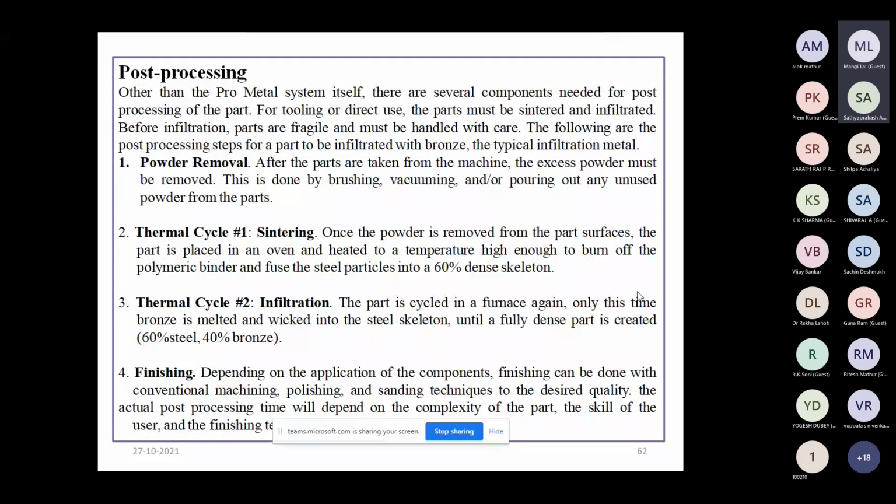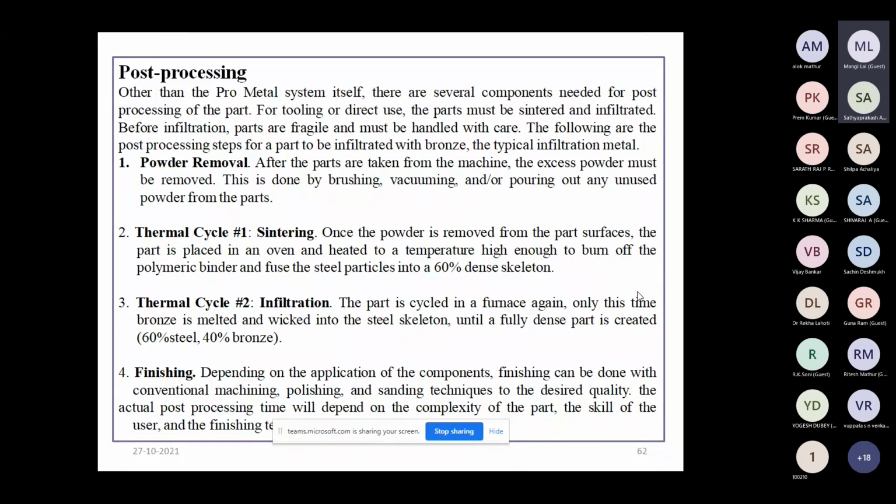Once the powder is removed from the part surface, the part is placed in an oven. In an oven, we can heat at a high temperature range so that the polymeric binder is burned off or eliminated and fused. And we acquire the 60% dense part of steel skeleton.